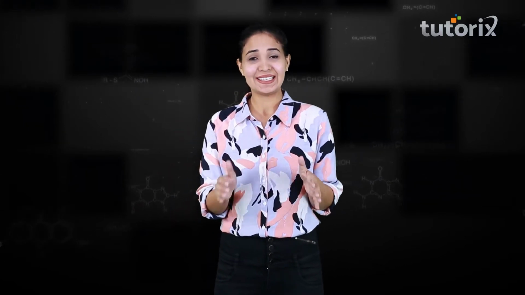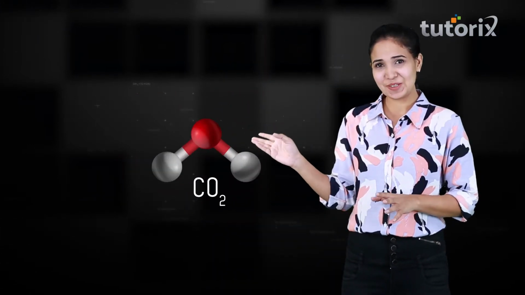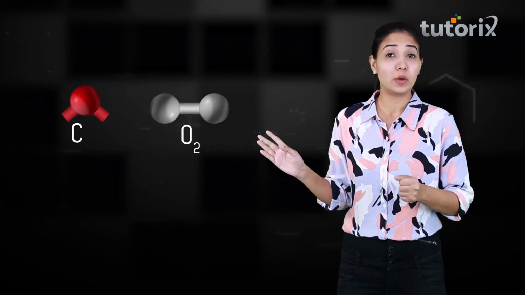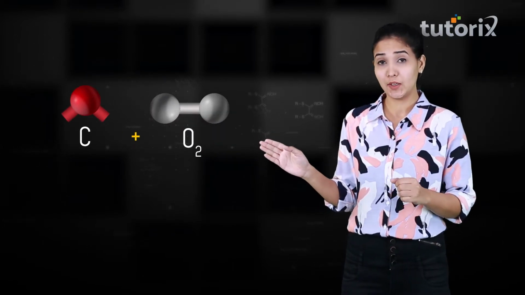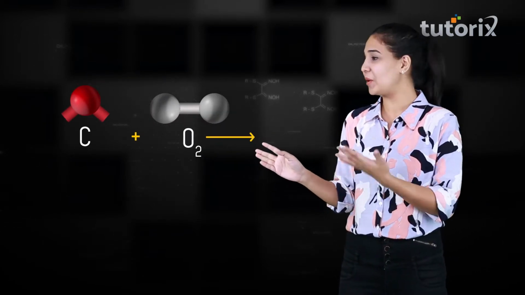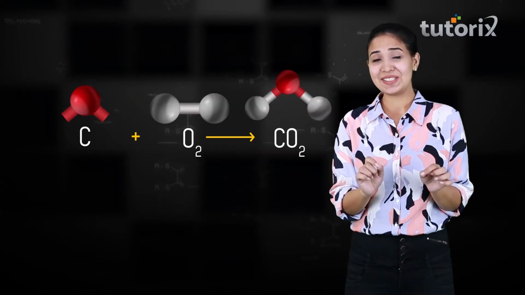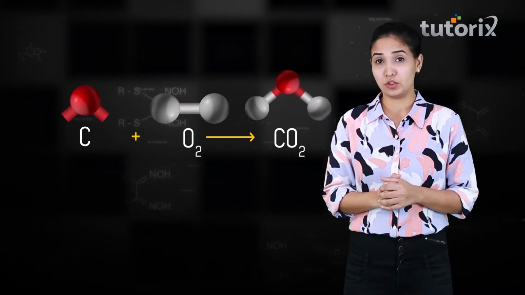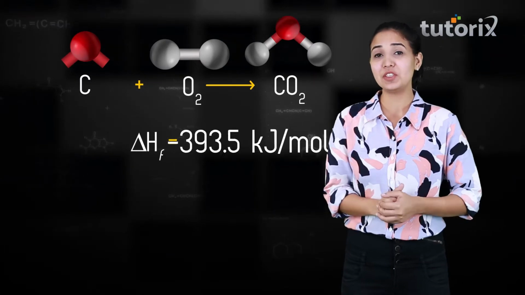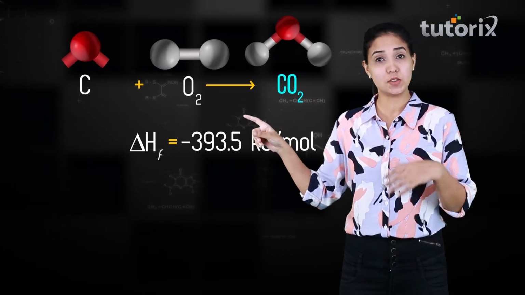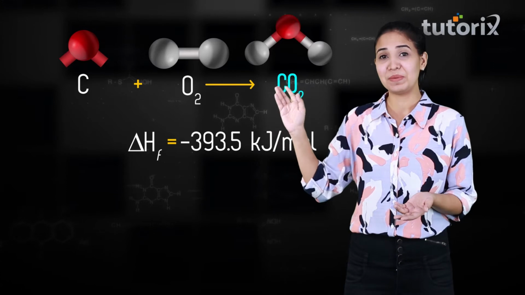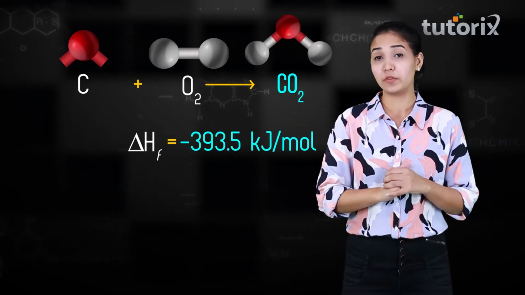Alright guys, so now we have understood the concept of this standard enthalpy of formation. Correct. Now let's take a look at one more reaction and let's understand how the value is obtained. So in this case, as you can see, we are talking about the formation of carbon dioxide again. Correct. C plus O2 leading to the formation of CO2. And this time the value is given to you. That is, the heat of formation for the carbon dioxide is given to you. And the value is minus 393.5 kilojoule.